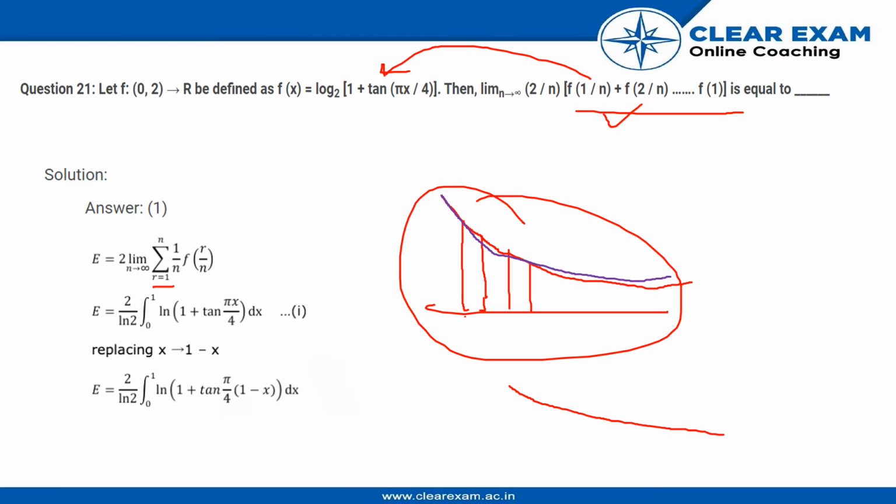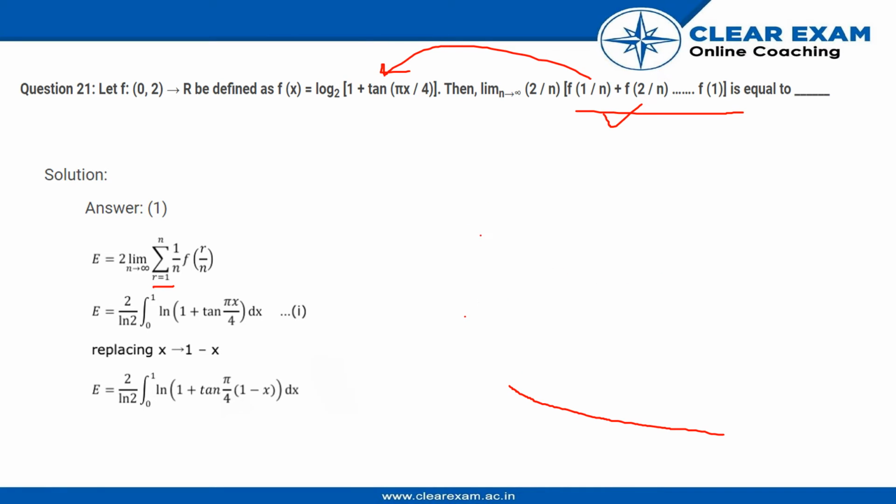So we have f of r by n, correct? We take r by n to be equal to x, and as we know, n is a constant. As n tends to infinity, it is not a definite number, but it is a number that we don't know but can still be used. So n over here is a number, it does not vary with x or r. Here r is the one that is incrementing.